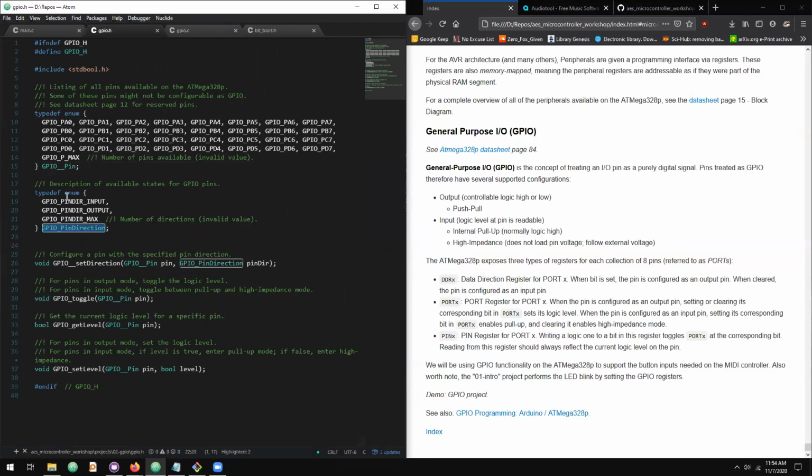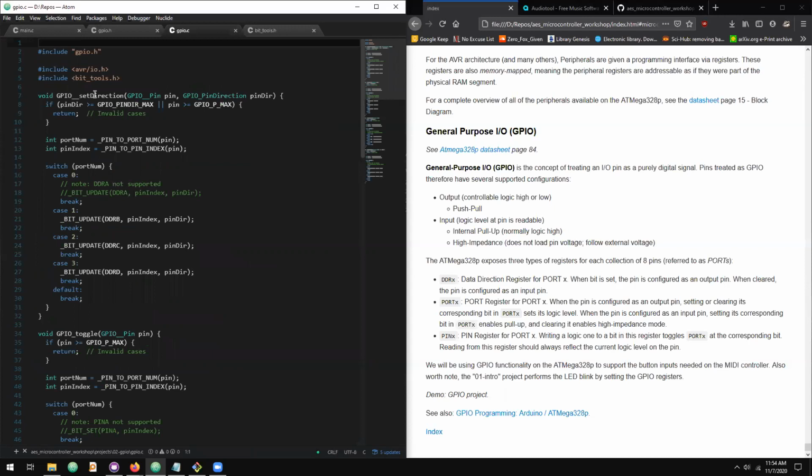Likewise, I've defined an enumeration for a pin direction. So in order of inclusion, that's the pin direction input should have a value of 0, and output should have a value of 1, which should match the bit state in the registers to set. And when it comes to implementation, so if we set the direction of the pin,